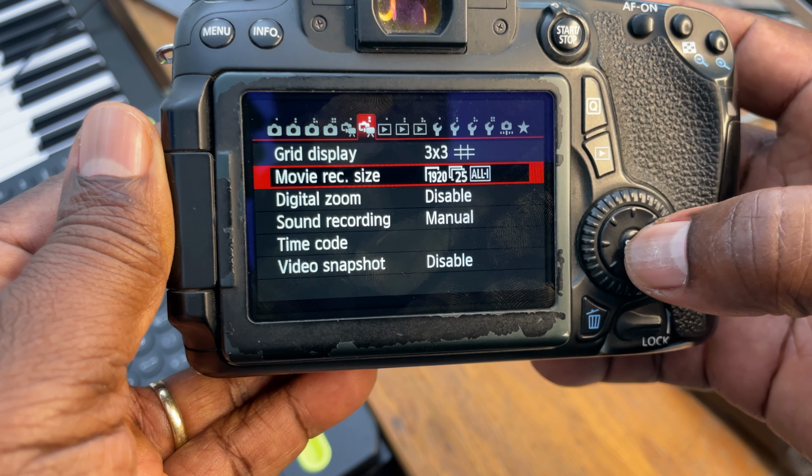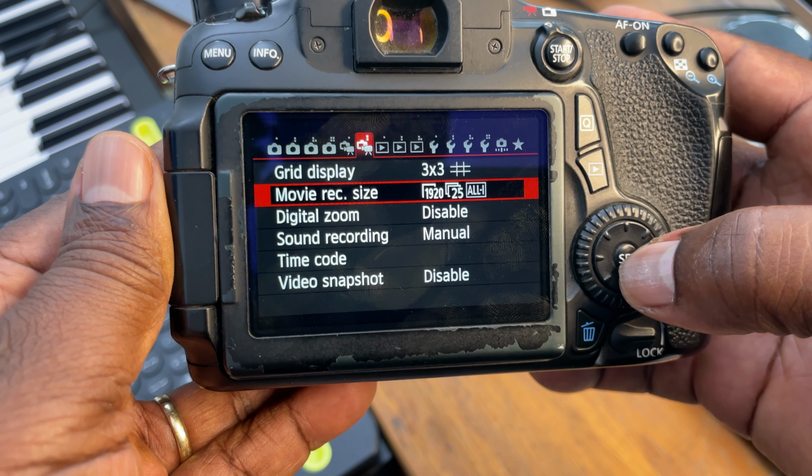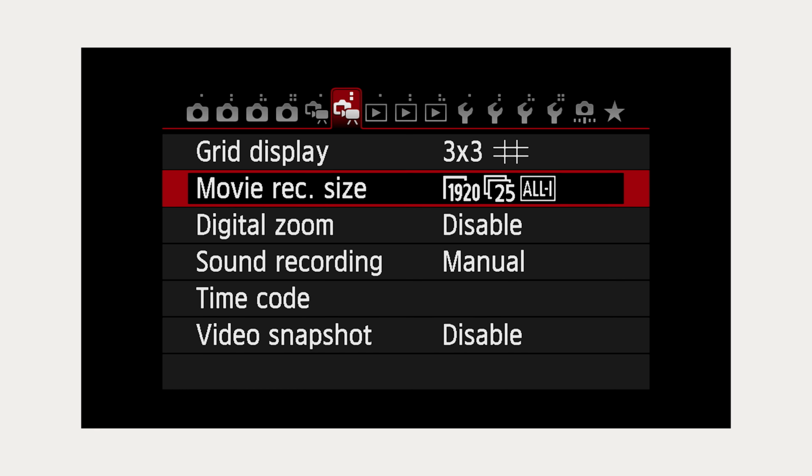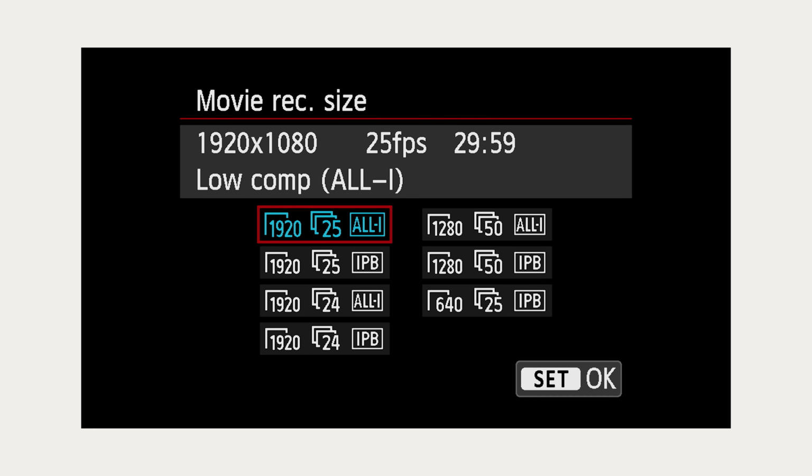Next, we want to look at resolution and frame rate. So you want to set that. You press the menu and you go to Video tab 2. That's where you find the settings and select Movie Recording Size. Video resolution refers to the amount of detail in each frame of your video. Higher resolutions such as 1920 by 1080, which is the maximum you can get on this camera, are called Full HD, and contain more pixels and produce sharper images,